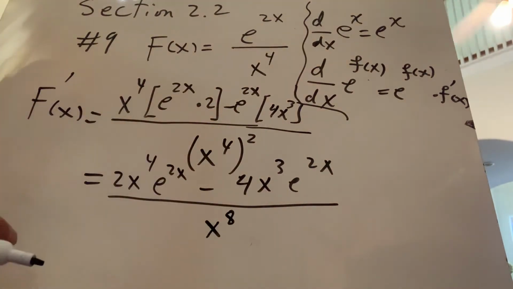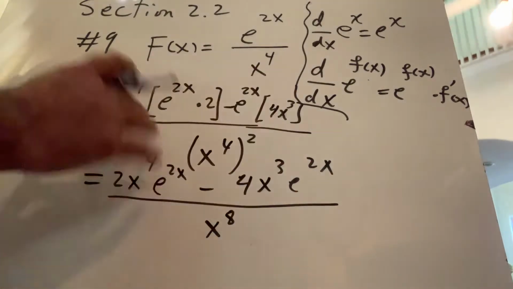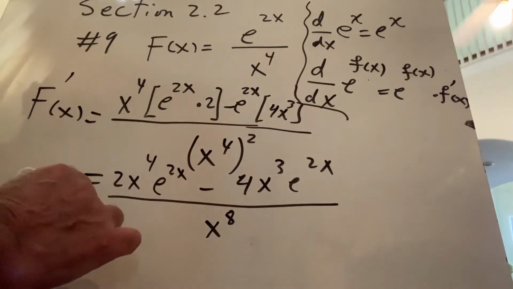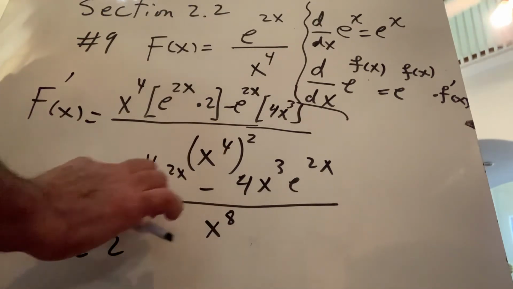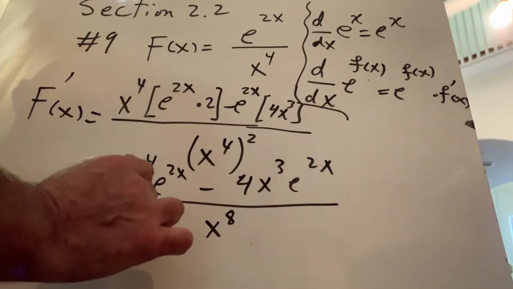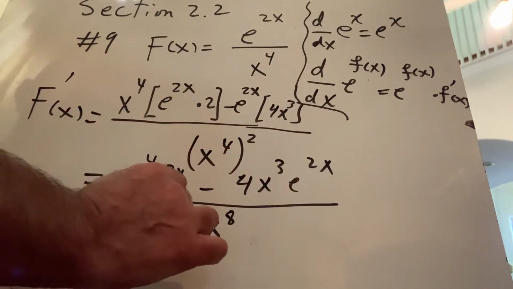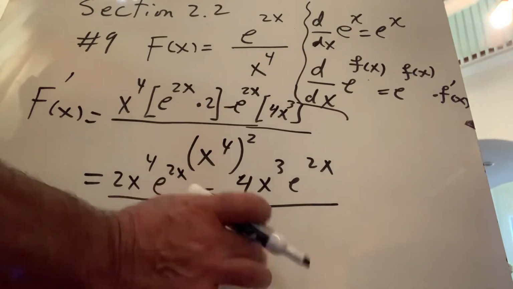Now the only thing we can do, of course, as far as simplification, is to factor what's common. Between 2 and 4, obviously, you can factor 2 out. Between x to the 4 and x cubed, you can take out x cubed. Also, e to the 2x is in common to both. You can actually pull the whole e to the 2x out. So as you factor that out,